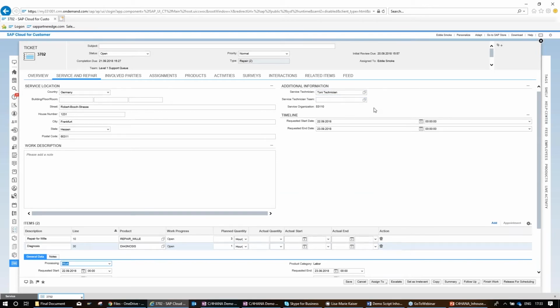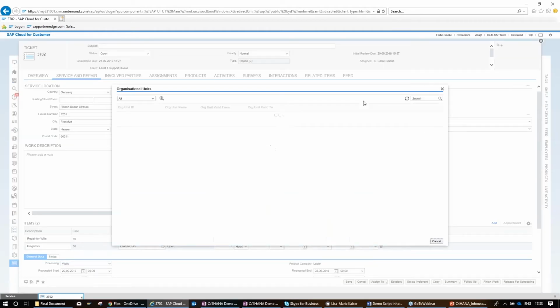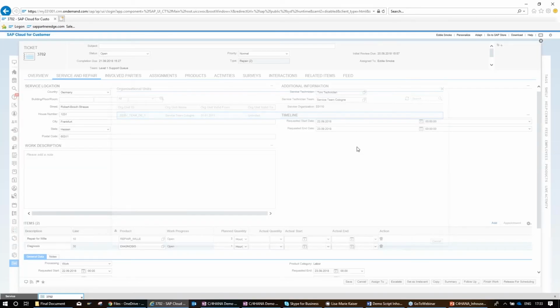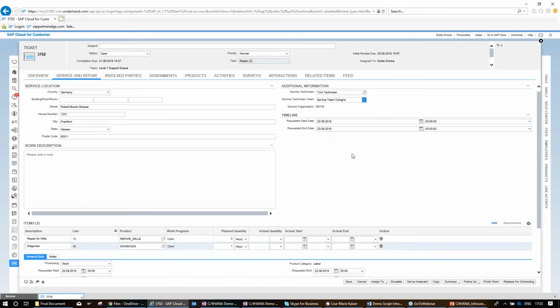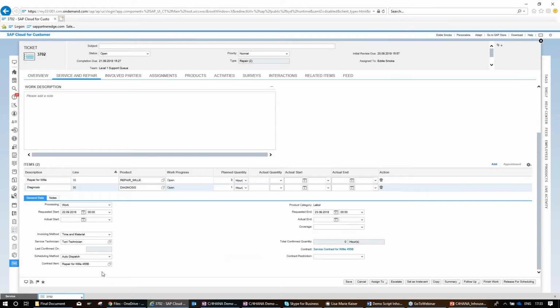I forgot about this field here. We have to decide for a service technician team. That's not defaulted here in our scenario as of now. So we have a team, service team Cologne. So here you can see we decided for work. It has a requested start date, a requested end date,